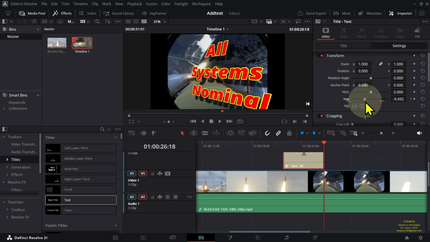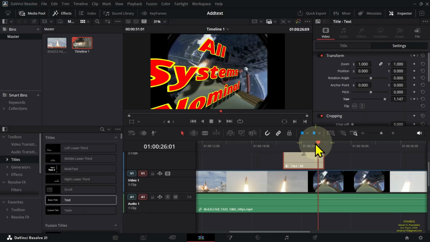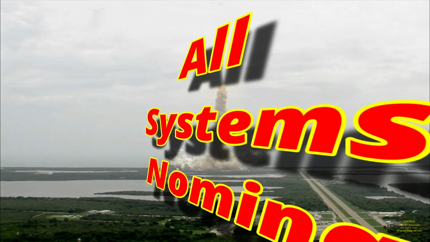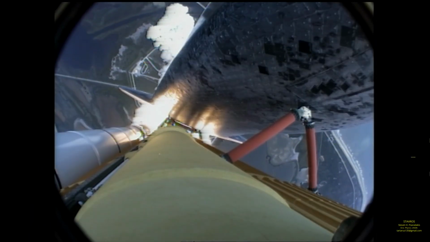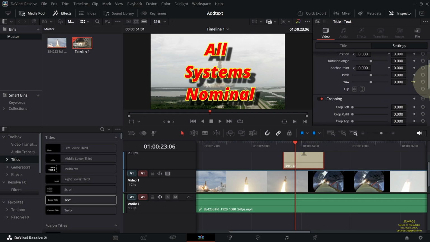Move the yaw slider to the other extreme. White diamond turns red. Everything's looking good. Okay, so let's see what this looks like. Okay, so that's yaw. I've reset the yaw by pressing that circular arrow while the playhead was inside the text box, so the yaw's gone. Now scroll down to cropping,